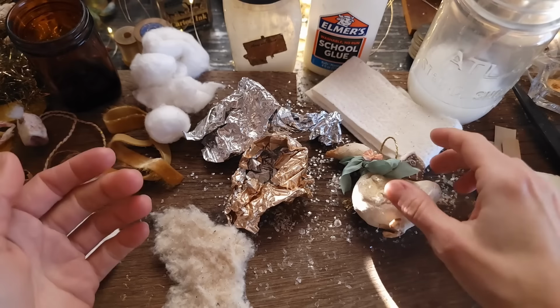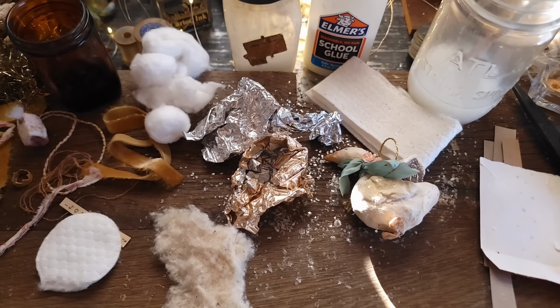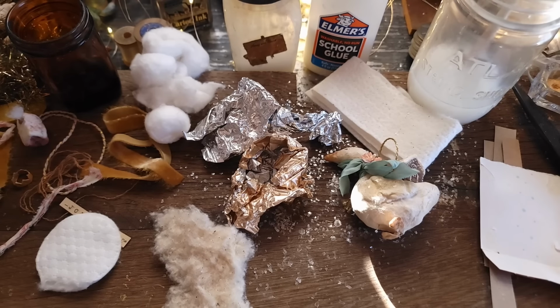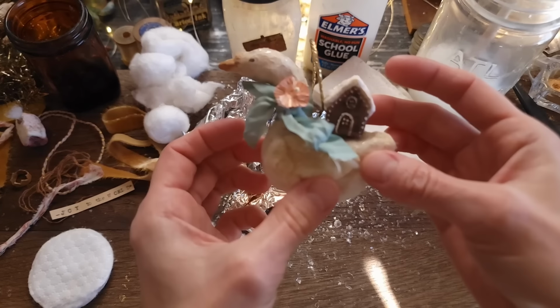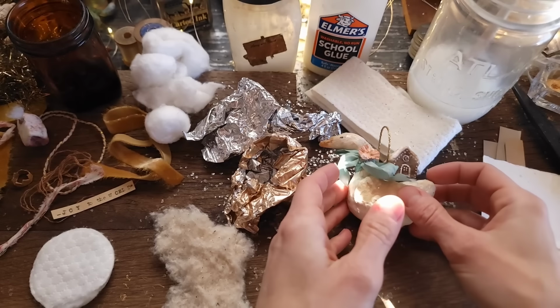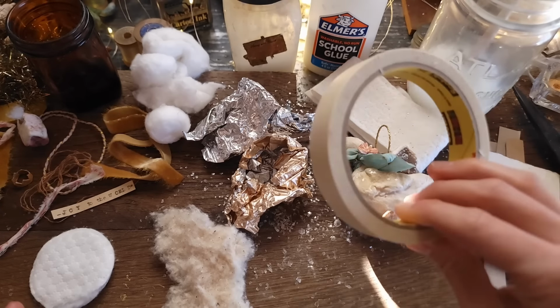Maybe not the very, very dark color, but more of a gold color of gingerbread, which is also, in fact, probably closer to what our personal family recipe for gingerbread is. I use blackstrap molasses, so I get a little darker color than what my aunt used to get when she made them. So anyway, and then of course you just need scissors and a little bit of